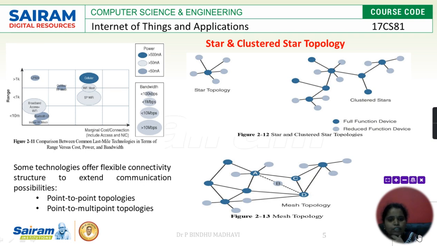Star topology, mesh topology, bus, ring and clustered stars, etc. In the star topology, usually the nodes are connected to a central point, which we call a hub. A node transmits a message to the hub, which is connected. In the same manner, clustered stars are just like a star with branches. You could see the figure. They are devices which have their own attributes in that star network. That's the only difference. So in star topology, all the nodes are connected to a hub.